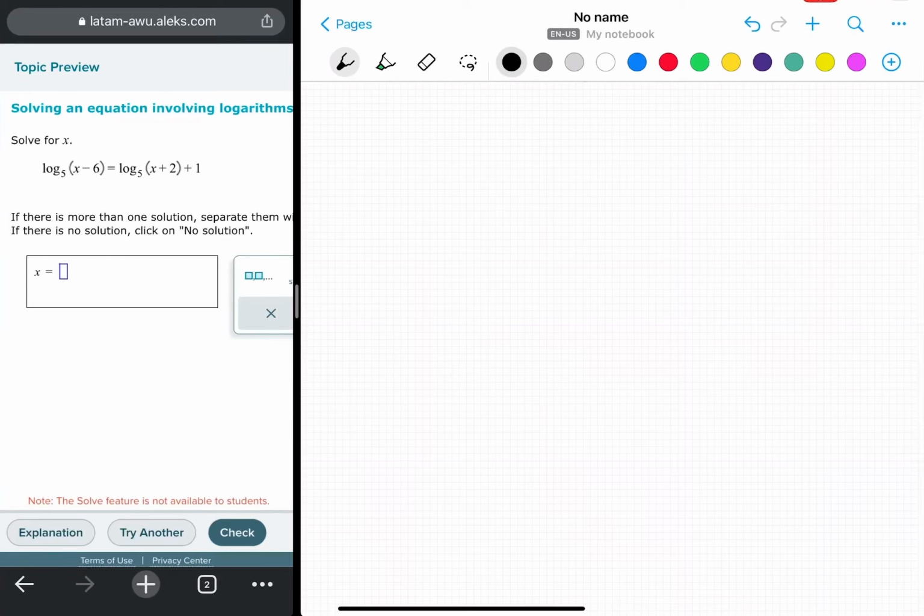Okay, this is the same topic but another exercise. I want to do this exercise because the result is interesting. We have logarithm base 5 of x minus 6 equal to logarithm 5 of x plus 2